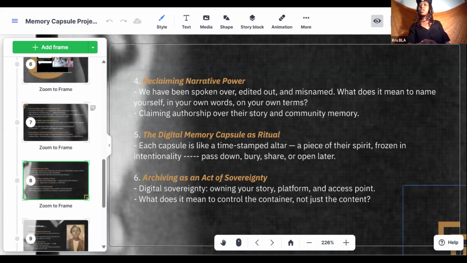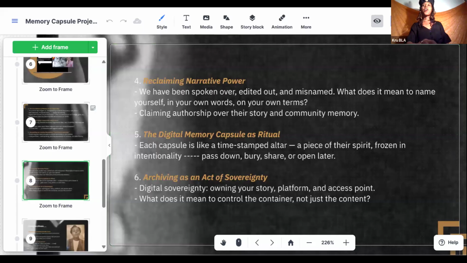Oh, is my screen being shared right now? Is my screen being shared? Hold on, man. I hope my screen is being shared right now. Okay, it was being shared. I just had to make sure it's being shared because I was like, wait a minute. Hold up. Wait a minute. Let me put some feminine. Okay, moving along. All right. So